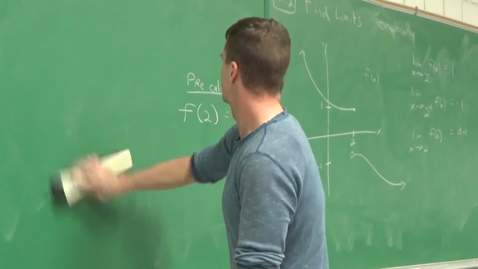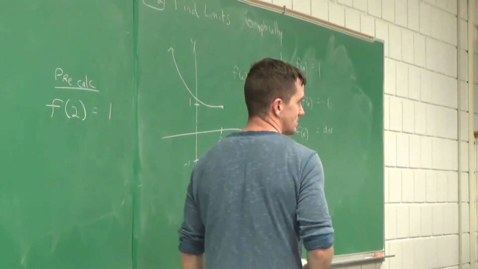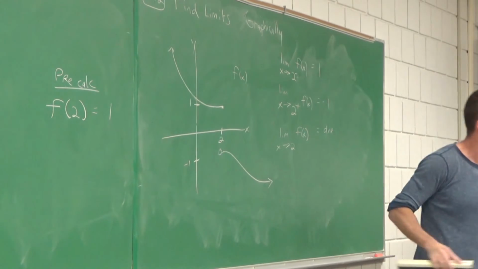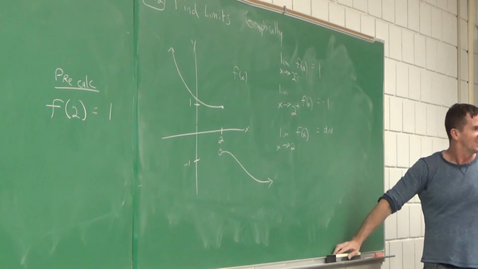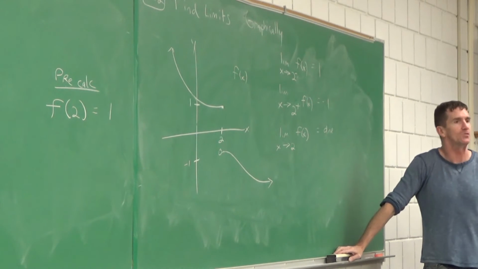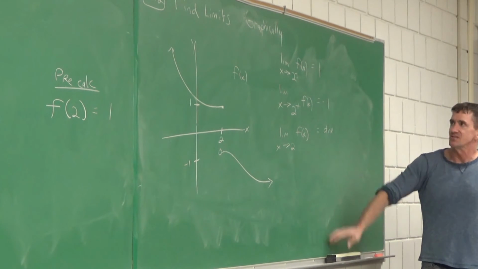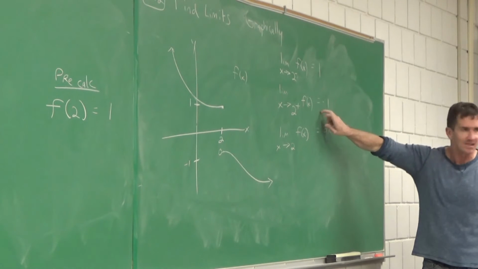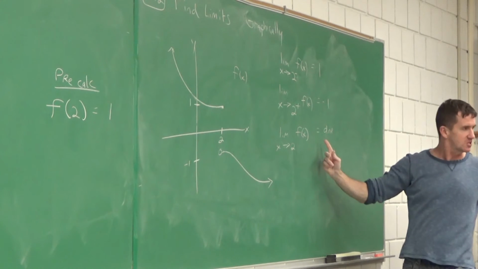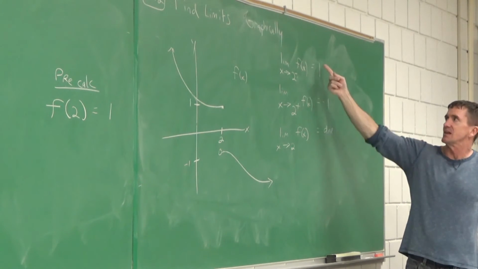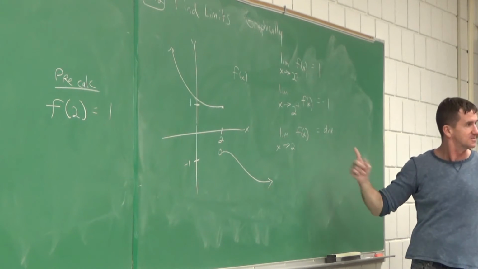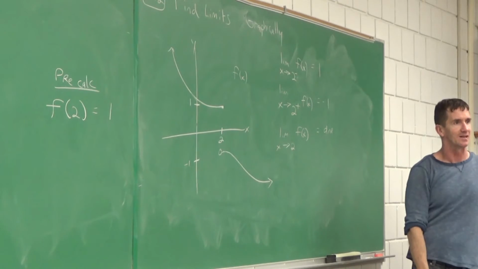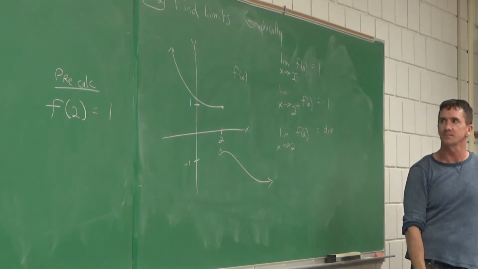Hey, here's my next problem. So it's going to change a tad. Oh, go ahead. If they were equal real quick, so if it's 1 and 1, then the limit would be 1. Isn't that cool? It's actually a theorem. If this limit right here is equivalent to that limit right there, then the limit as x approaches 2 would equal that number. You can call this C. If that's C and that's C, then the limit as x approaches A is also C. And you can make a theorem out of that. Isn't that cool? Awesome.